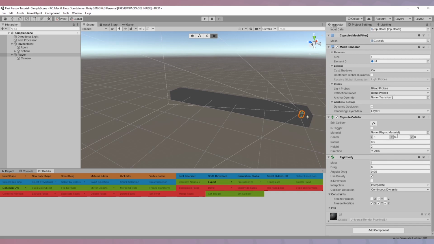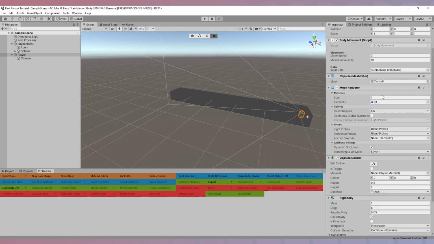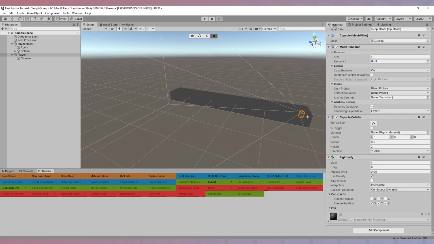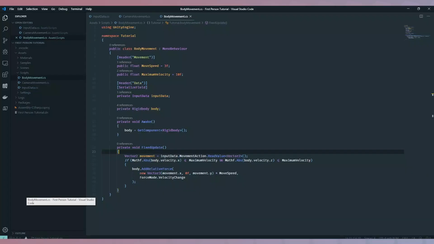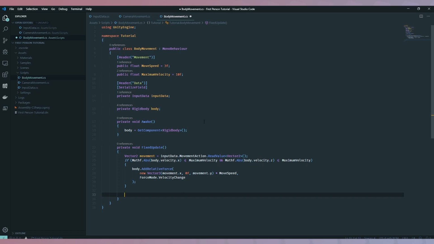The only other thing you may want to do is just play around with your move and max velocity until you get that right. But now that we've fixed that, we're going to jump into our fixed update and add in some code for our look input. So you'll be glad to hear our look input is a very simple function. We're going to take a vector2 for our look input. Actually, I might as well just call this look. We'll take our input data look action again, read value, vector2,